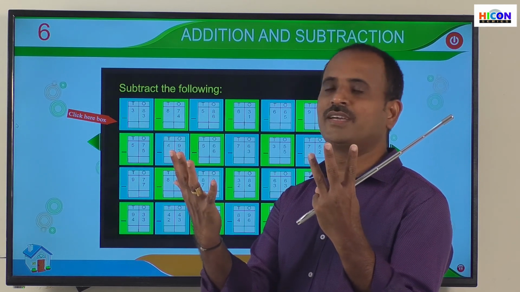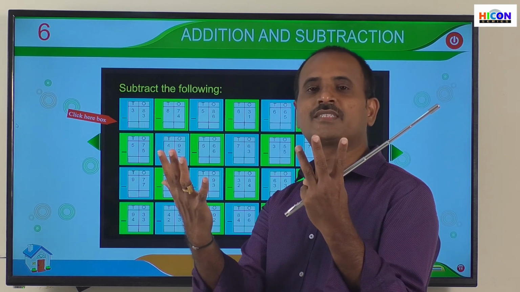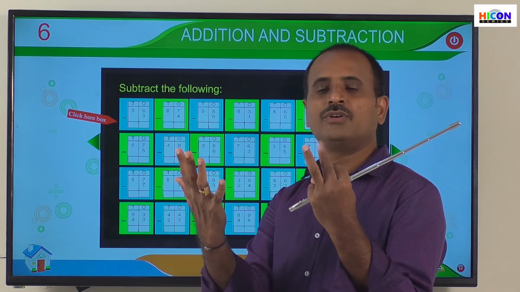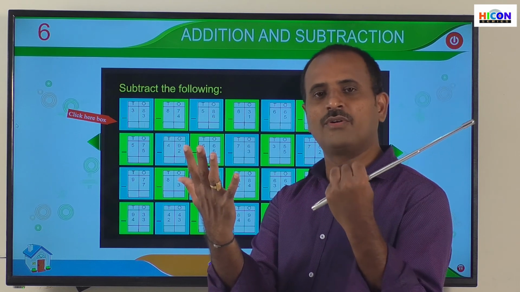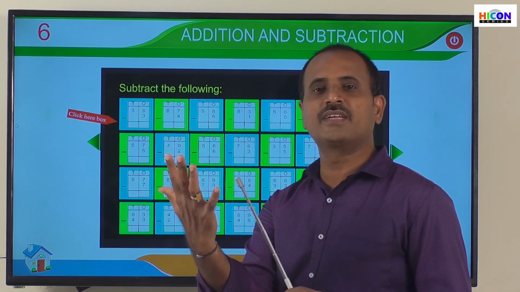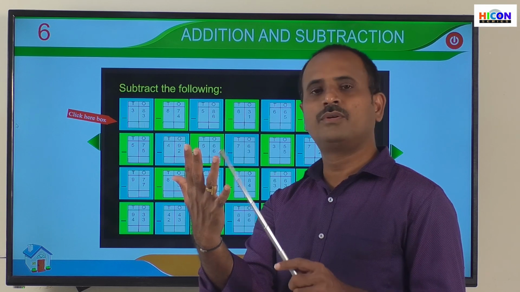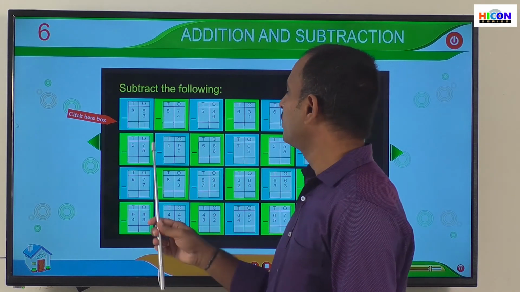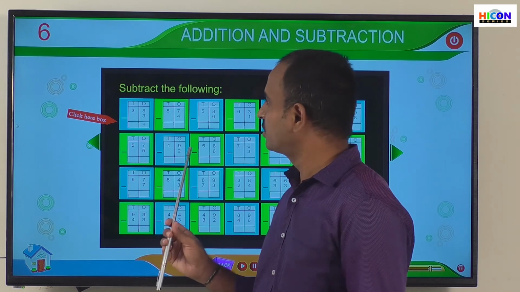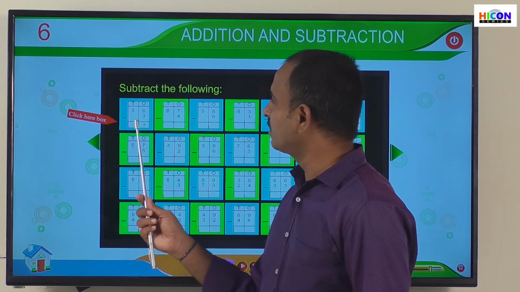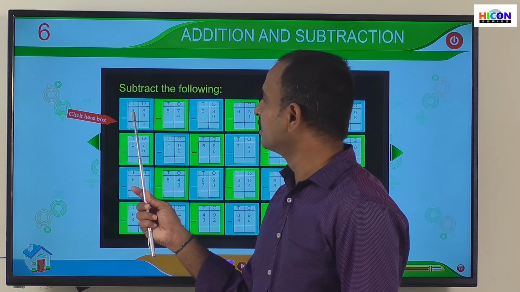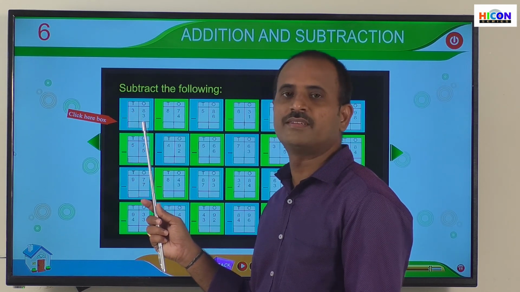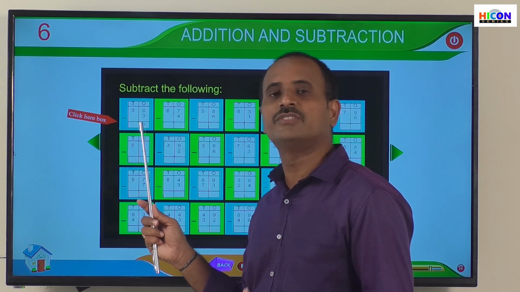Children, these are the 8 fingers, and close 3 fingers among these 8 fingers. So close 3 fingers first. 1, 2, 3. So children, I have closed 3 fingers. Now how many fingers are there remaining? 1, 2, 3, 4 and 5. So write 5 under ones place. So next go to tens place. What are the digits present in tens place? 3 and 0. So in the second number there are no tens. So no tens means there are 0 tens.